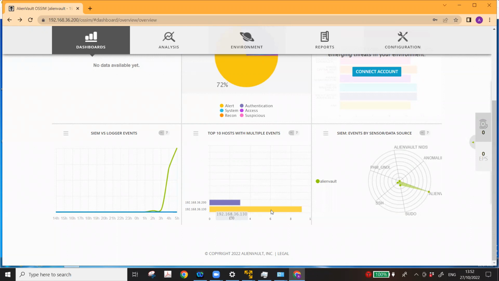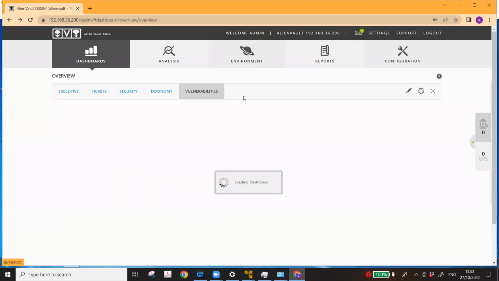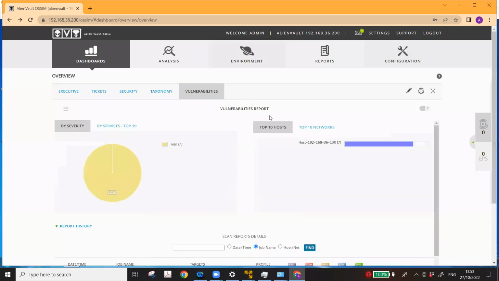But if somebody starts launching an attack on them, basically the logs will be pushed to your SIEM. The SIEM is going to show it on the dashboard that this host is under attack, or it is under threat, or whatever. So this is one thing. Another thing which this AlienVault provides is that you can also do the vulnerability scan sitting on your SIEM dashboard. So for example, if I click on the vulnerabilities,